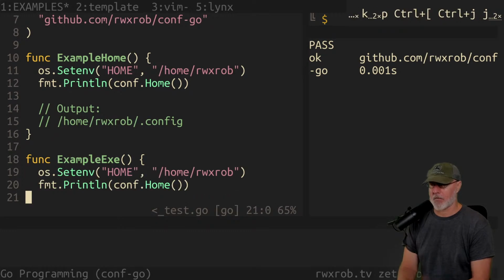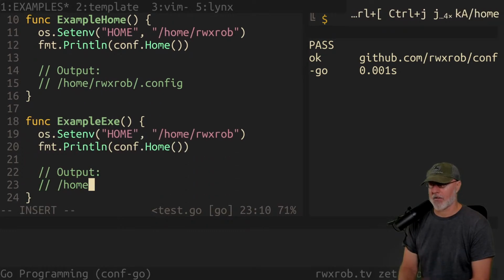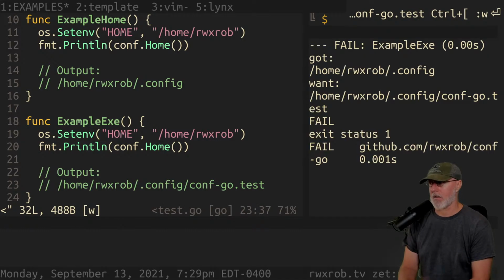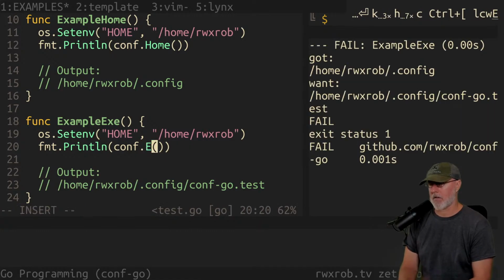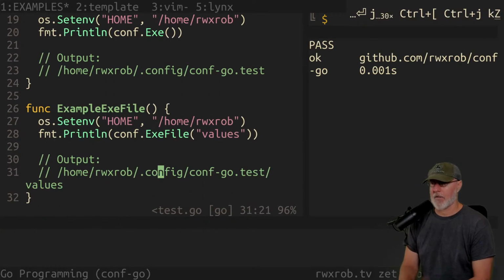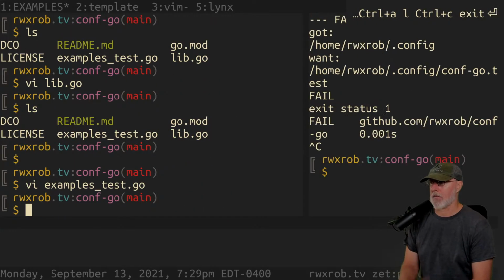We just replicate the previous one, and then just add the name of the executable, which we now know because it gave it up. conf-go.test. So that should pass. Yeah, this is not home. This is now exe. Conf exe. Yep. All right. So that is a committable moment, in my opinion.